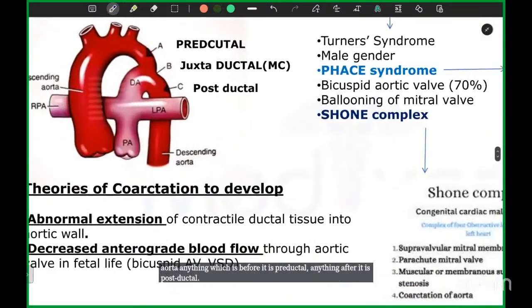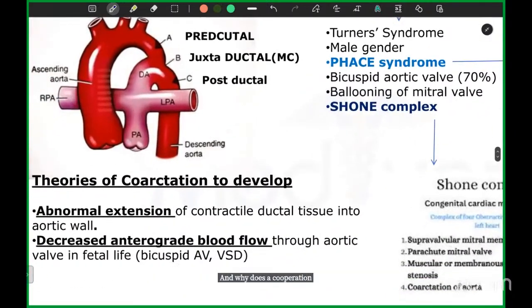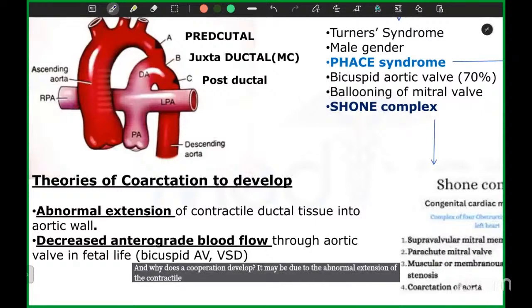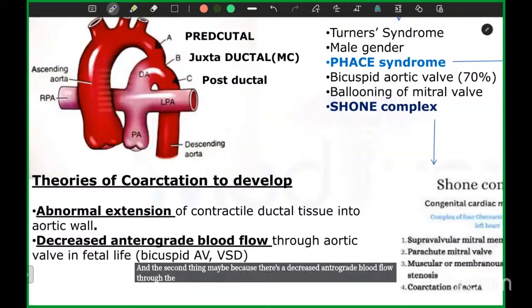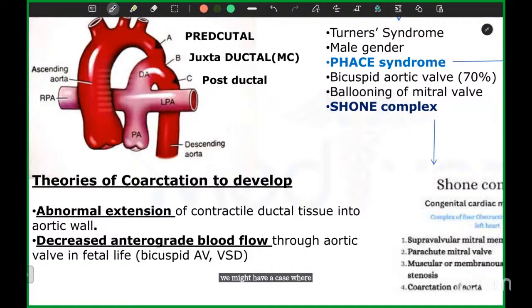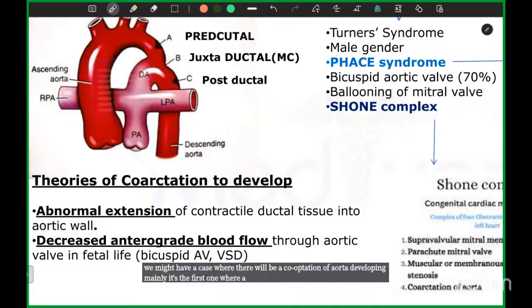And why does a coarctation develop? It may be due to the abnormal extension of the contractile ductal tissue into the aortic wall. And the second thing may be because there's a decreased anterograde blood flow through the aortic valve in fetal life. We might have a case where there will be a coarctation of aorta developing. Mainly it's the first one, where a contractile ductal tissue is somehow trying to invade into the wall,